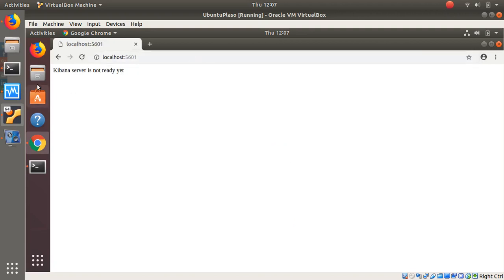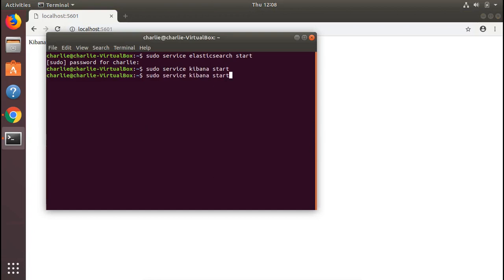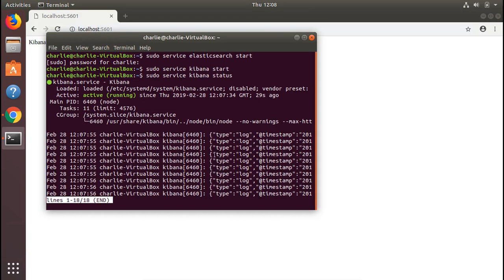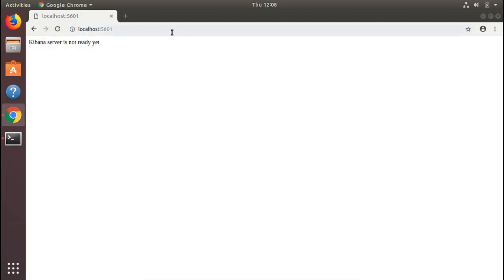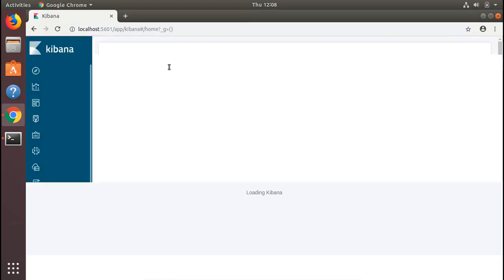It tells me it's not ready yet. I can just go full screen, and I'll go back to here, and you can type status to see how a service is getting on. So it kind of looks ready to me now, so let's try that again. Okay, now I've set this all up already with a timeline, and I want to